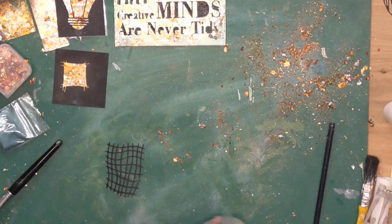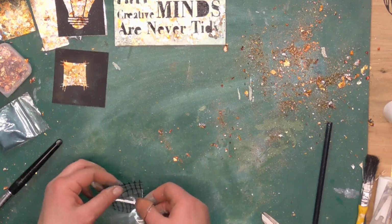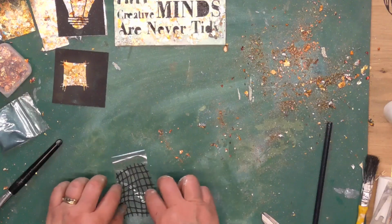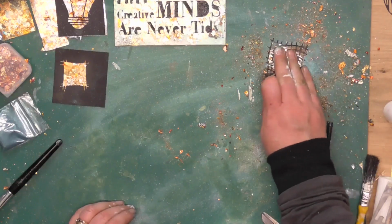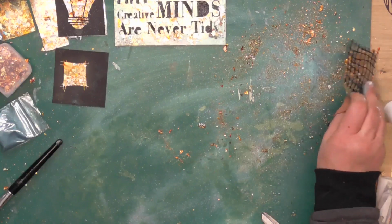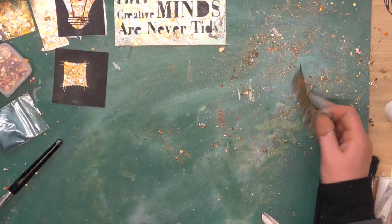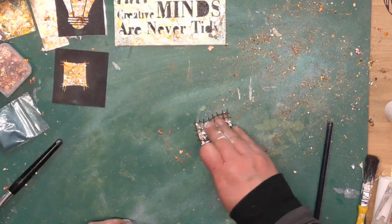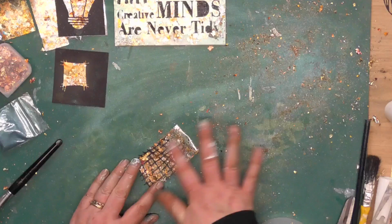So again, take your parcel tape, attach it a little bit, flick it over, and then press down. This is a bit trickier because it's sort of a net version, but I'm then going in to all this fabulous stuff that's in the corner here. I don't want it back in the pot because you can see it's a little bit powdery. It's not the nice flakes that we want. We don't want to contaminate